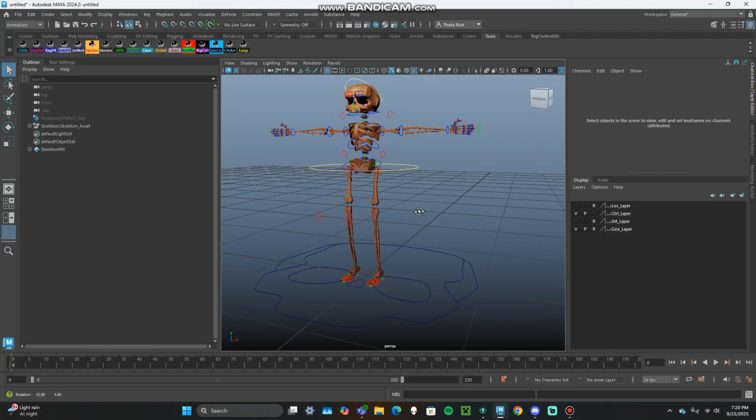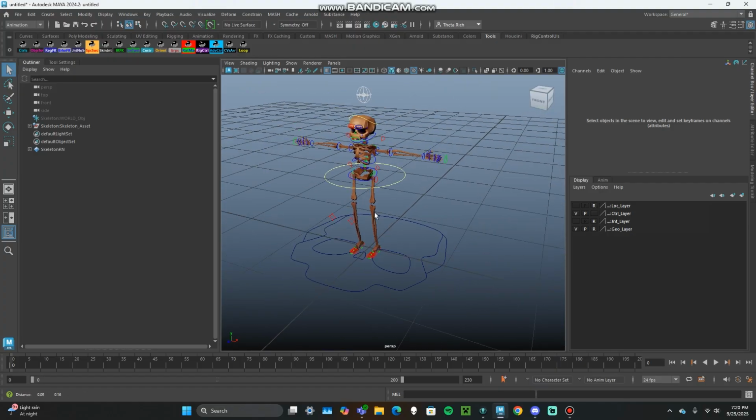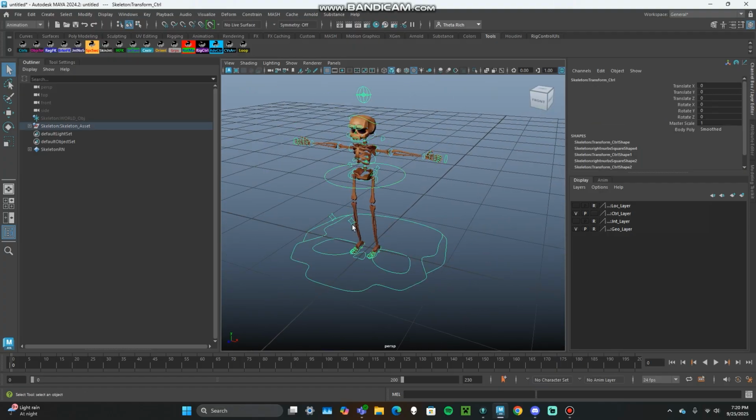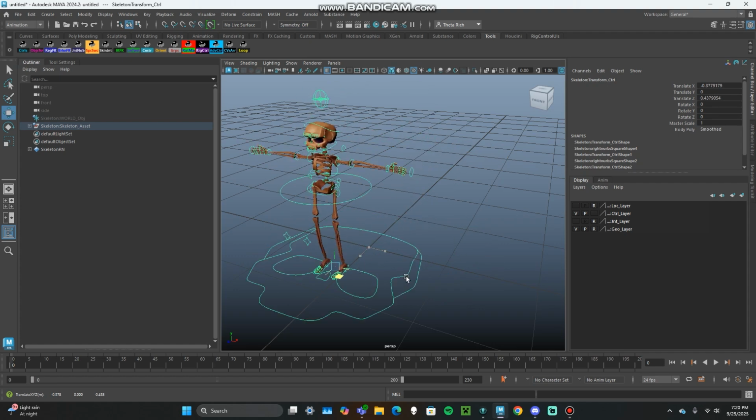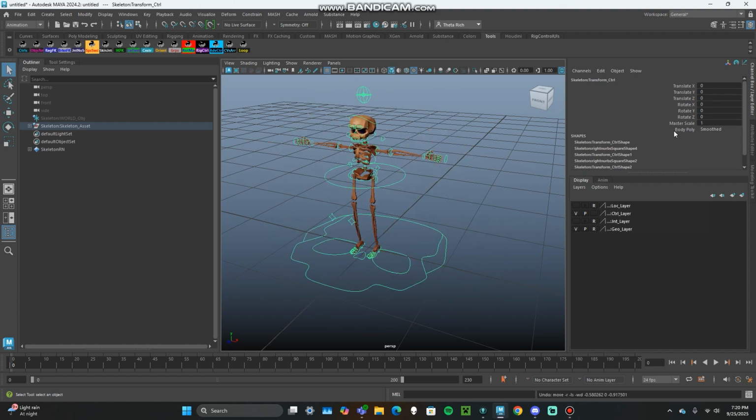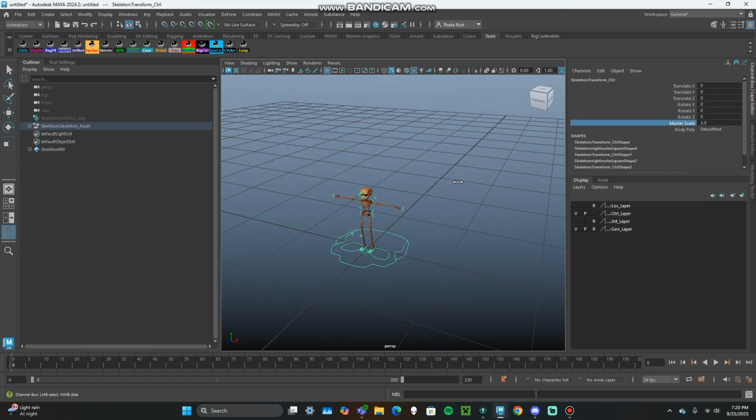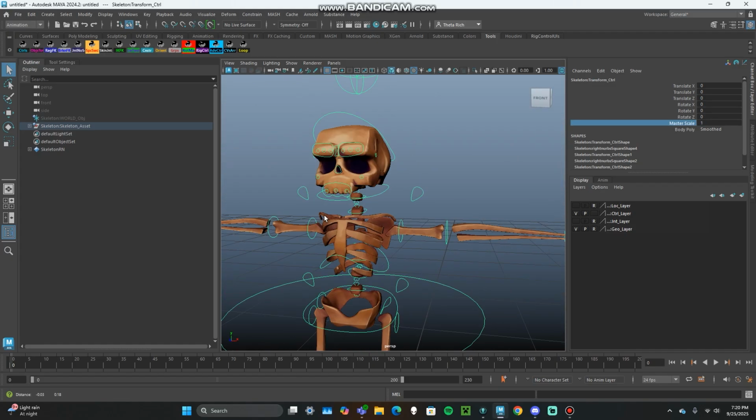So here's the skeleton. This big control on the bottom is a transform control. Basically, this moves everything. Additionally, there's also a master scale attribute that you can use to scale a thing, although you shouldn't be needing to do that. And then there's this other thing,